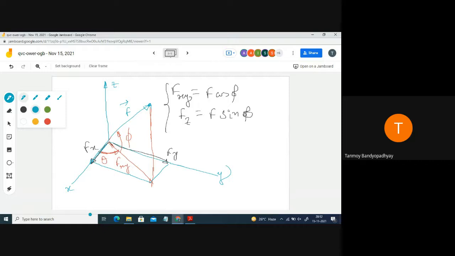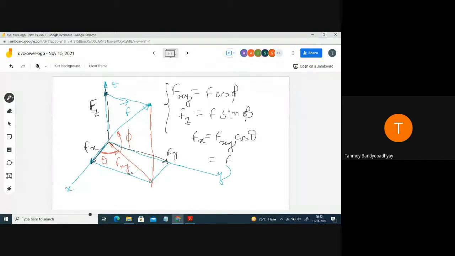Parallel to the xy plane, you have to draw this line. It will be meeting somewhere around here, so you will have this component. This component is the fz component of the force. So fz is actually known to us. So what are fx and fy? fx will now be equal to fxy. Now I am breaking this force fxy, so that is equal to fxy cos theta. So you can write fx as fxy cos theta.